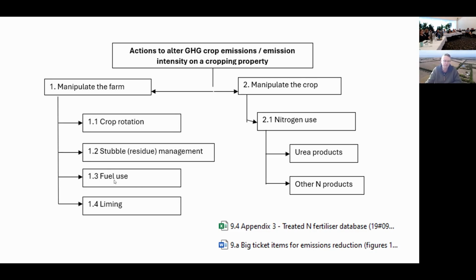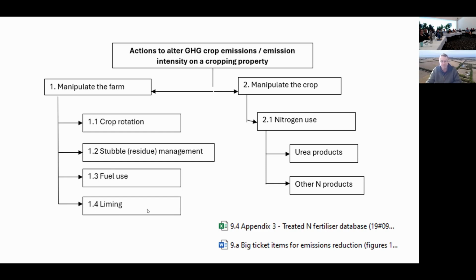So fuel efficiency, while obviously we need to strive for it, is not going to be the change that makes the biggest difference. Not burning stubble, or avoiding burning stubble as much as I possibly can unless it's absolutely essential rather than habit, will make more of a difference than that one will.